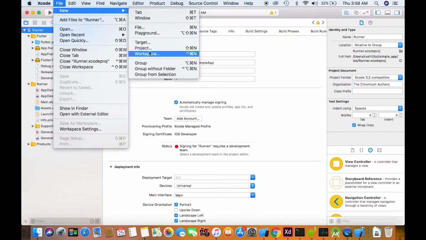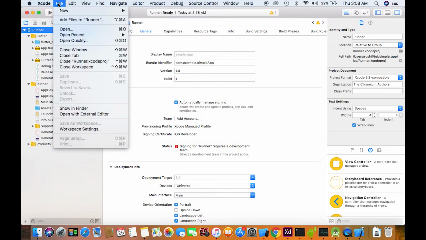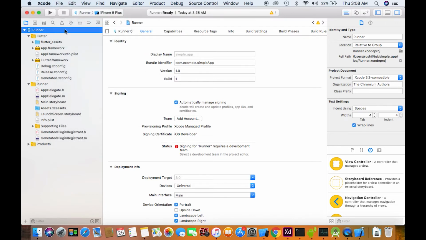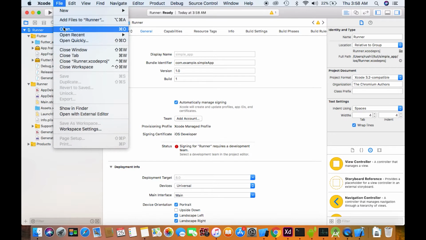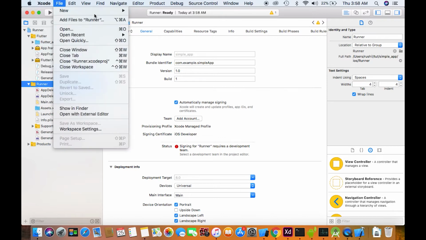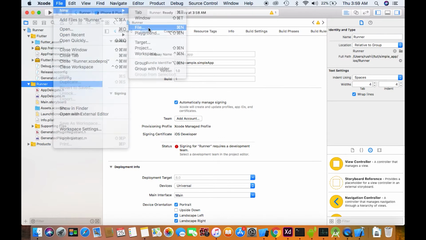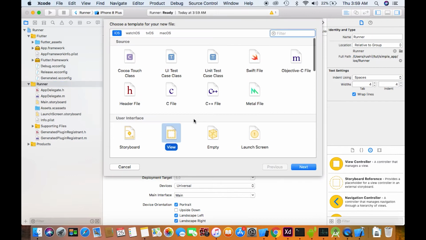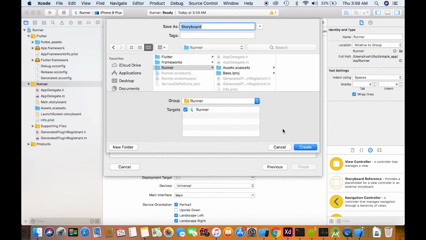So here what we'll do is click file, click on runner, click file, new file, and we'll select a storyboard. The storyboard name could be something like payment.